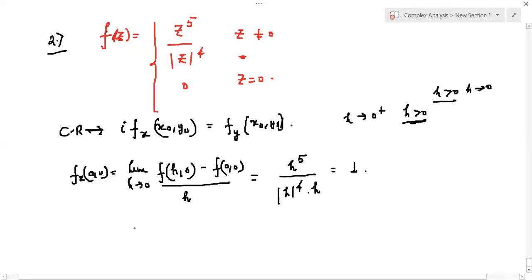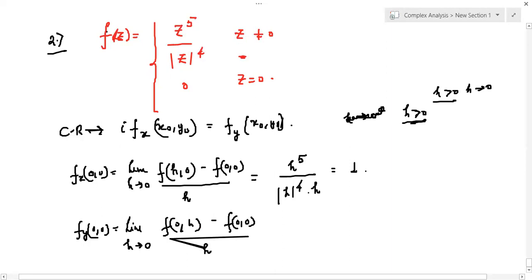What about fy? So let us try to find fy at (0, 0). Whether we take the positive side or negative side, h always remains positive. So anyway, it is going to be equal to 1 only. Okay, so this is what I wanted to convey. And what would be fy at (0, 0)? It is the limit h tends to 0 of f(0, h) minus f(0, 0) divided by h. And it will be equal to the limit